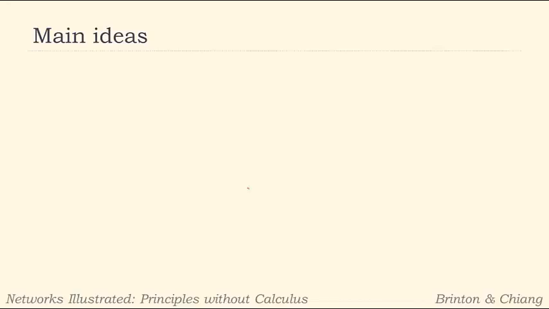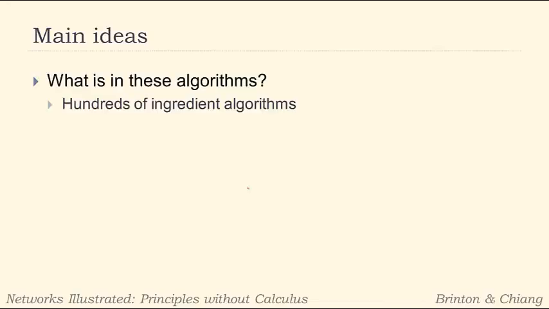So you're probably wondering, what was in BellKor's Pragmatic Chaos, or the ensemble's algorithm, that made them work so well? It turns out there are really hundreds and hundreds of ingredient algorithms blended together in order to make it work as well as it did. We're not going to go through all of that. We're just going to illustrate the main ideas. Again, there are hundreds of ingredient algorithms. We're going to focus specifically on two of the main ideas that form the baseline to get there. Two of the main themes that they used.